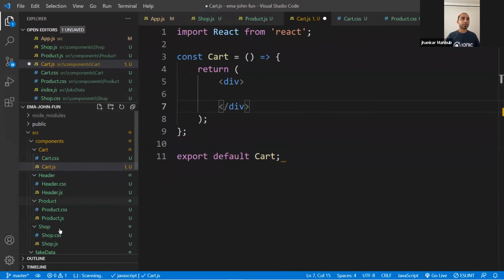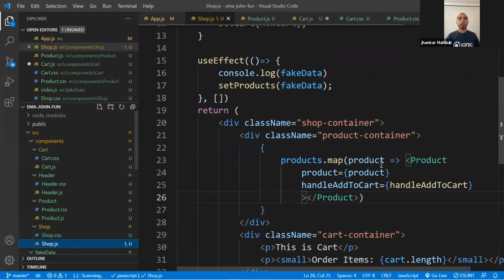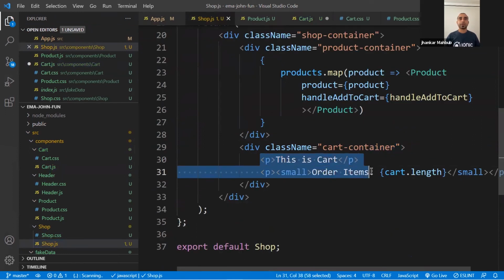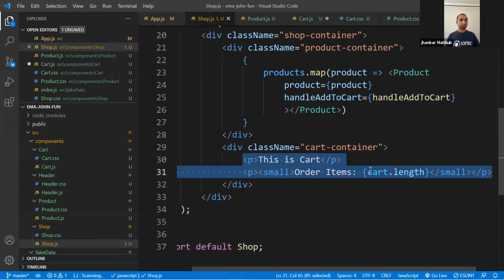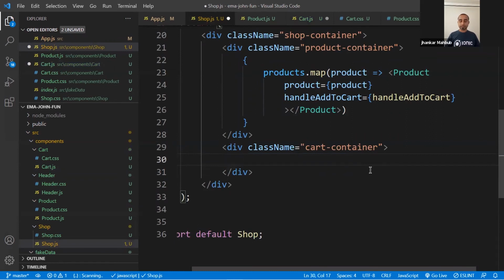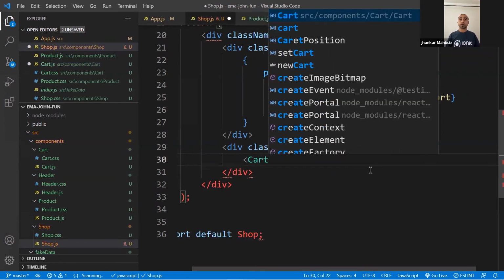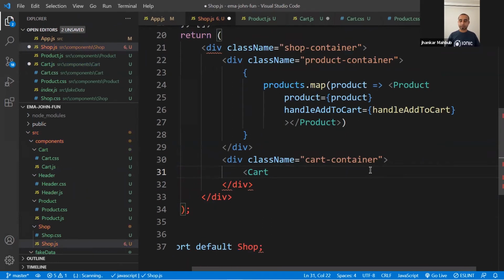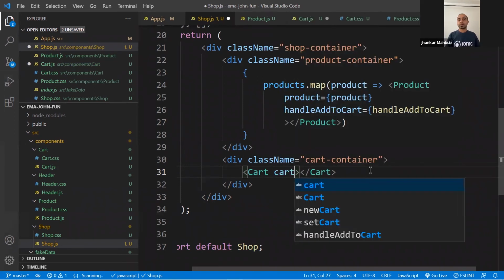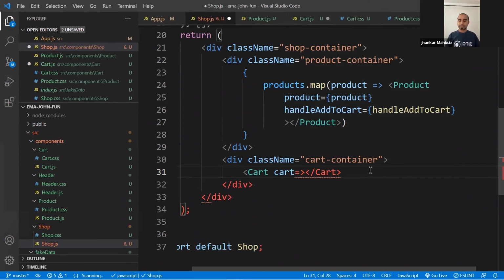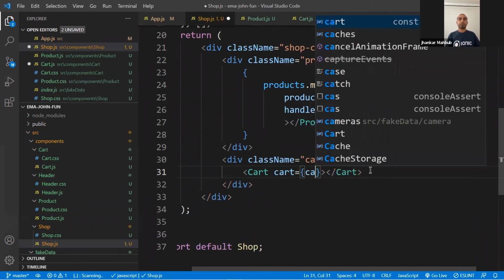In your shop.js, previously you were using the cart and the order items total, cart.length, something like this. Now, instead of this, you will use the cart component. So I'm auto importing the cart component right here. But how will the cart component get the cart? Mostly the only reasonable way to pass data to a shopping cart, though there are other ways, is to pass the data as a prop. We'll be passing the cart, and since it will receive the value, that would be the cart.